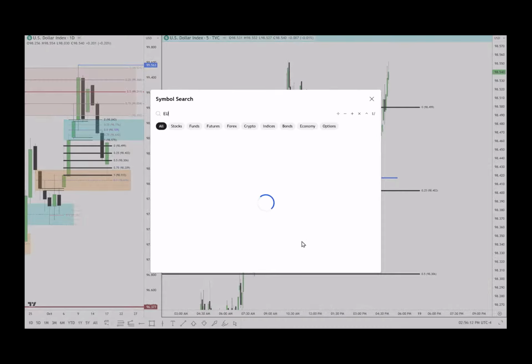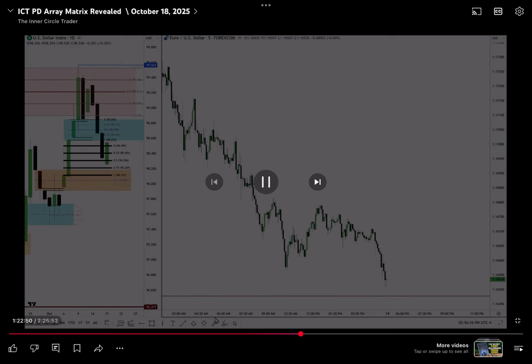We can finally move over to Euro real quick. I'm not going to do all this on Euro because we'd be here all day. But a bullish